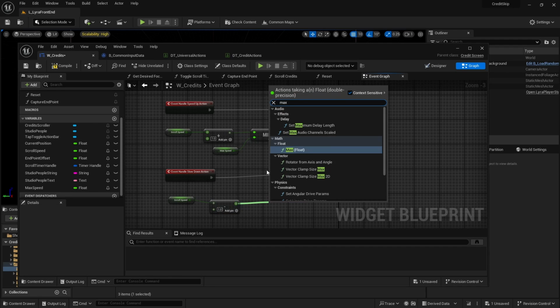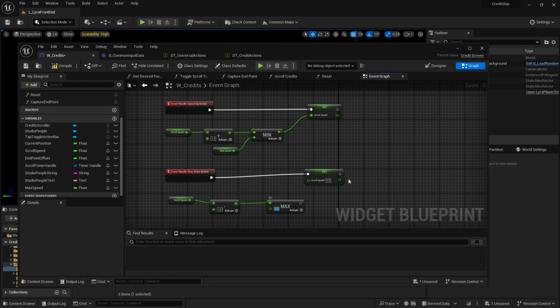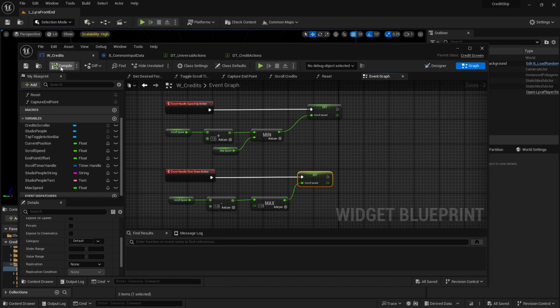And this one will be a max of the minimum speed you want. So I'll put 0.5. Or I'll put 1 because we'll never reach 0.5. Okay, and sweet, that should be all we need.